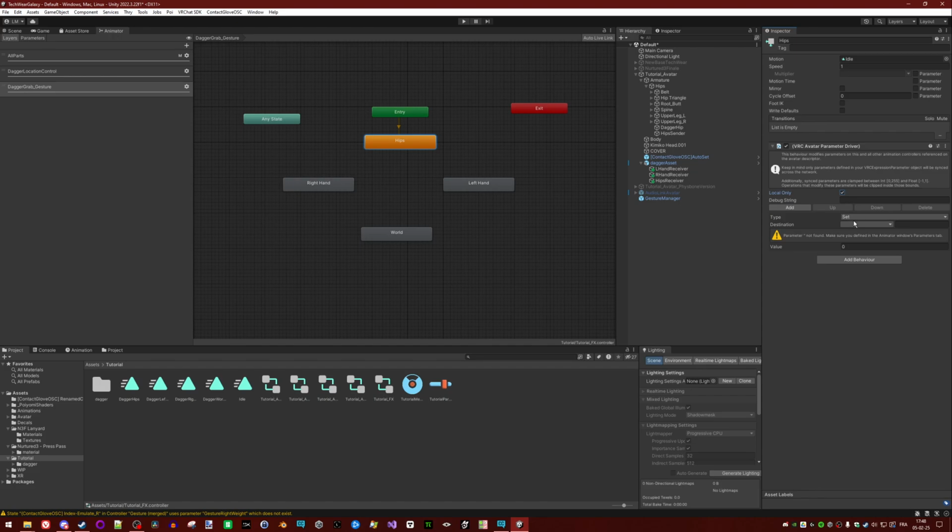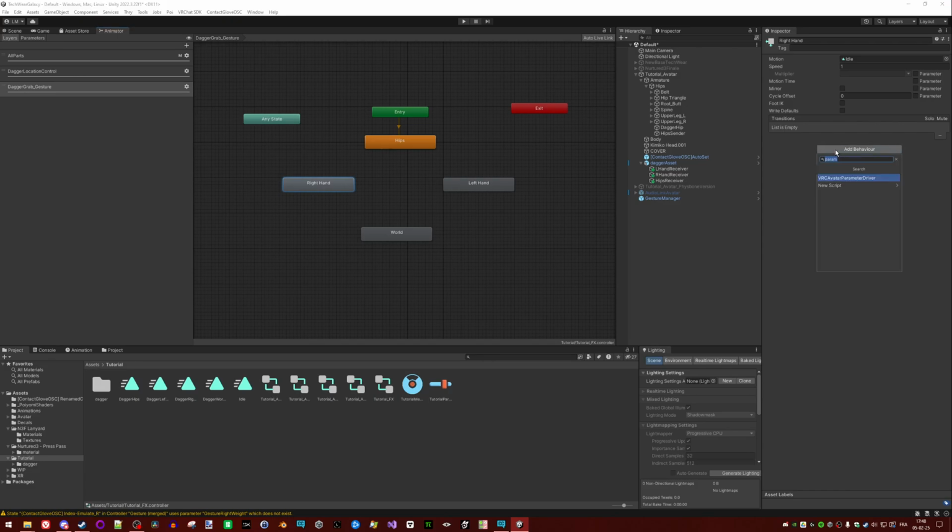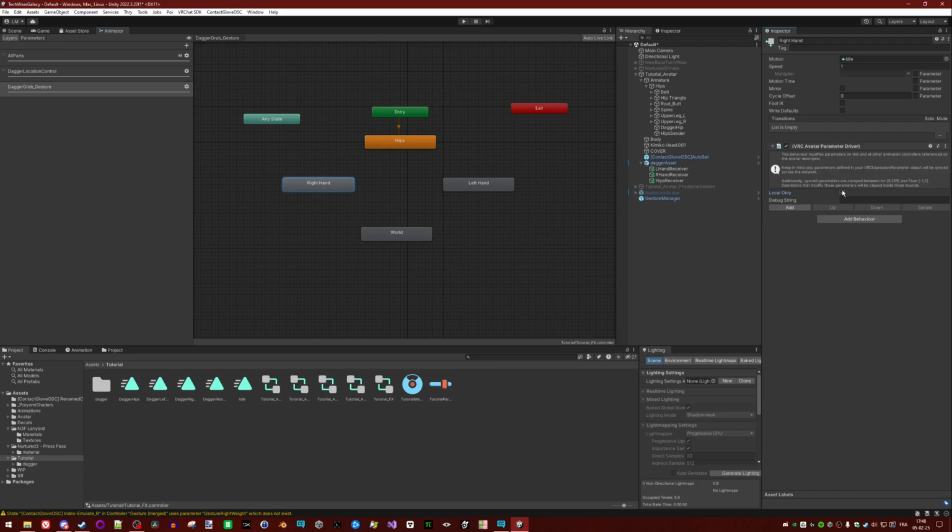You click on add, you select dagger location, set. Here it's for the hips. Hips was the 0, so it's already okay. The right hand was for the 1, so we do the exact same thing, but this time 1. And same thing for the others. I will fast forward over them. Okay, so we have our 0, 1, 2, 3.